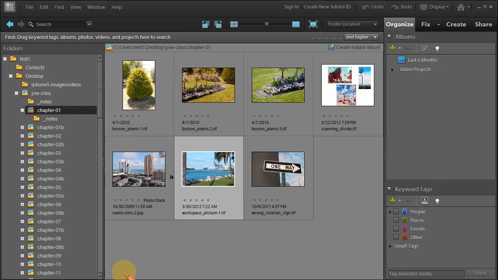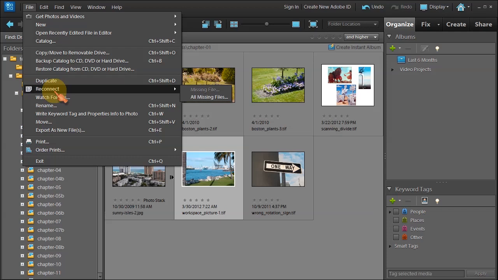Now, just on a side note and something that I wanted to talk about, let's say that this file right here of Miami Beach was missing, or you moved it outside of a location and Photoshop Elements can't find it. How would you reconnect it? Well, instead of this picture, you would see a question mark icon, and when you see that, you would select that picture, go to File, and then Reconnect. And see it says Missing File, and then you will find that file, and then it will bring it back. Or you can choose All Missing Files. It's real easy. But right there, File, Reconnect for any files that are missing or that you've moved outside of